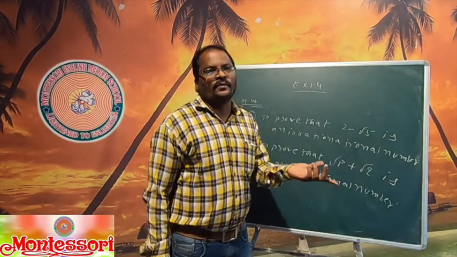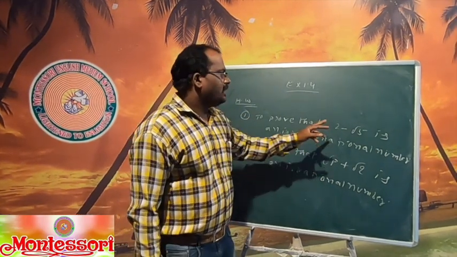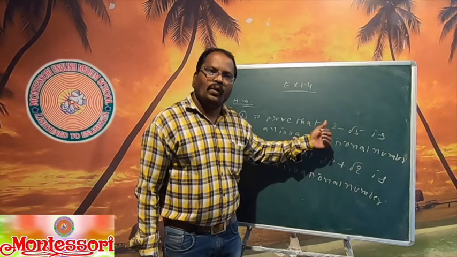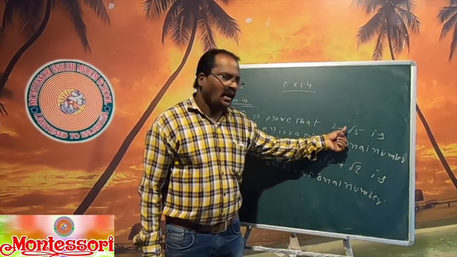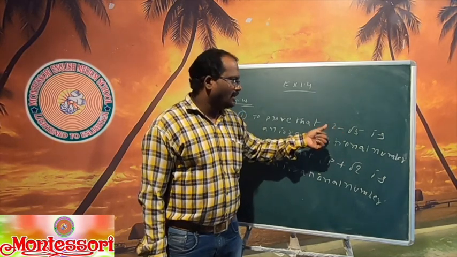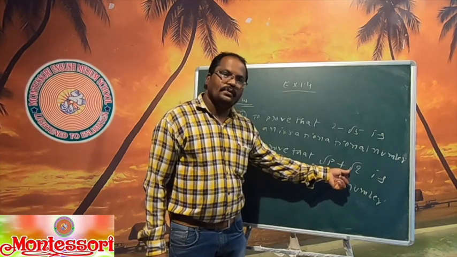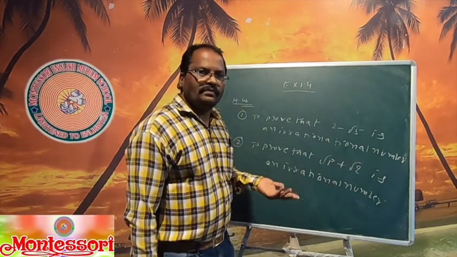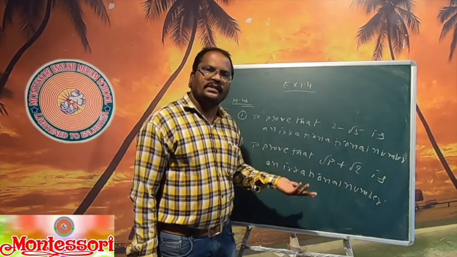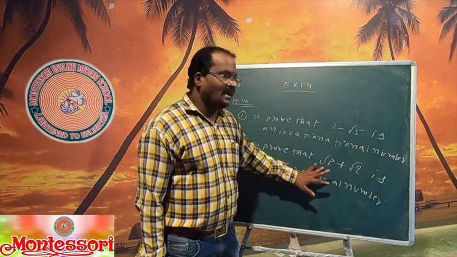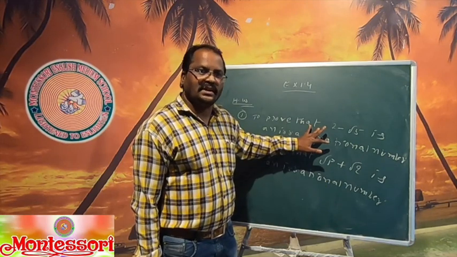Once you observe, I have given two types of questions, and I explained two types of questions. What was the first question I explained? There are two terms. One term is without root, and another term is inside the root. This is the first question example. But here we have given p and q. p and q are also some numerical values, like 3 and 5, 2 and 3, whatever. This is considered as the second question example, and the earlier one as the first question example.